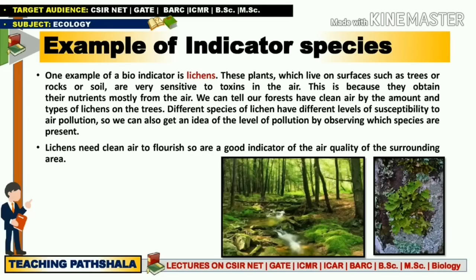This is directly giving us the indication that if in a certain area or in a forest there is a presence of lots of lichens, that is indicating that the quality of air in that particular area or forest is very good. Lichens require fresh air, as well as a good quality of air for their survival. If they are successfully surviving in that particular ecosystem or forest, that means they are indicating that the quality of air is good. But if there is a sudden disappearance of those lichens from the forest or ecosystem, that is an indication that there is a high level of air pollution. That is why they have disappeared.